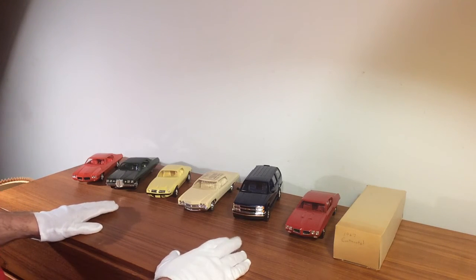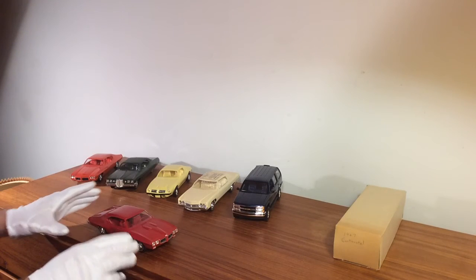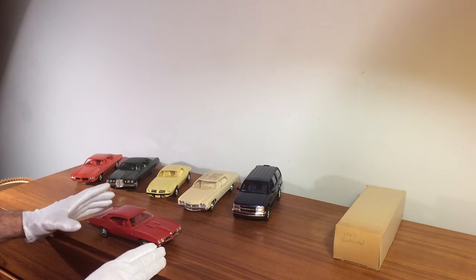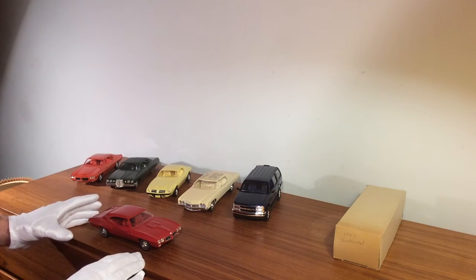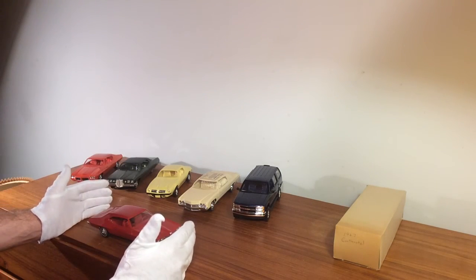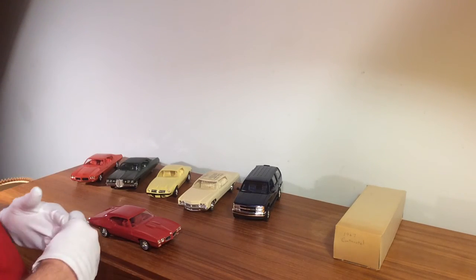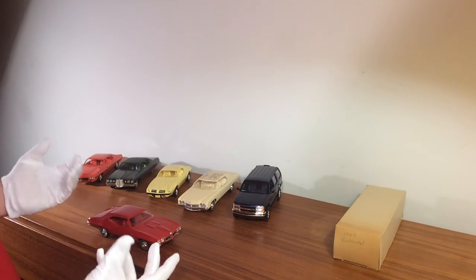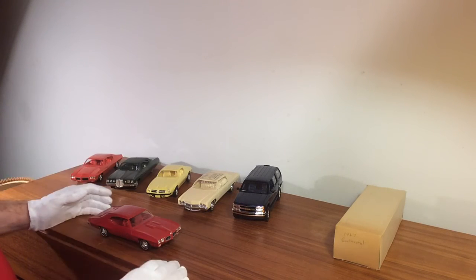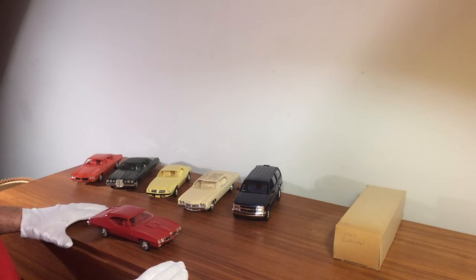When I was mentioning earlier with the GTO promo, I mentioned that you have just generally a shell. MPC, who made this, also made model kits, and this was based on an MPC scale model kit. Those were the box model kits. They had the pieces. Generally, kids bought them, put them together, and you had a pop-up hood, and you had the engine inside. There was no engine inside